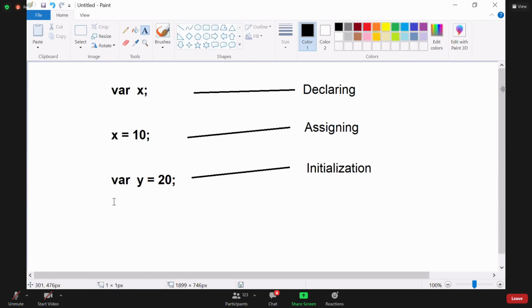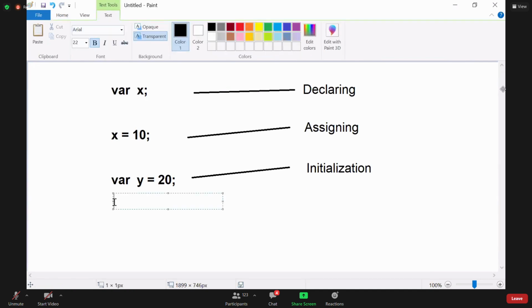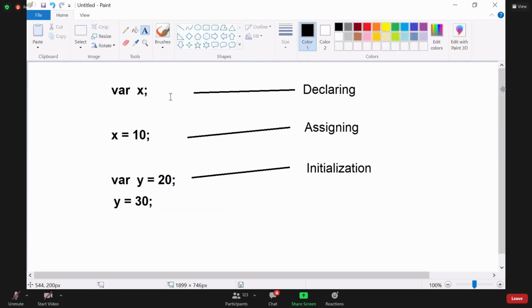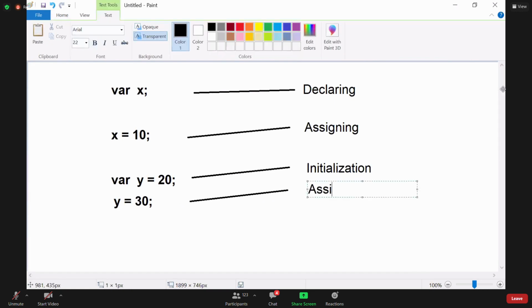After initialization, suppose I write y = 30. What am I doing? I am assigning. Understood?